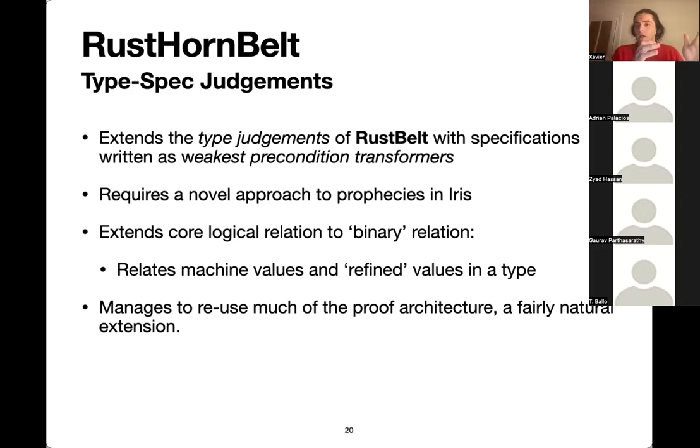Doing this required a lot of technical work. In particular, we had to develop a different way of representing and reasoning about our prophecies. And we had to do a lot of work on extending the logical machinery, the logical relation underlying RustBelt, to handle relating types and preconditions to every instruction.